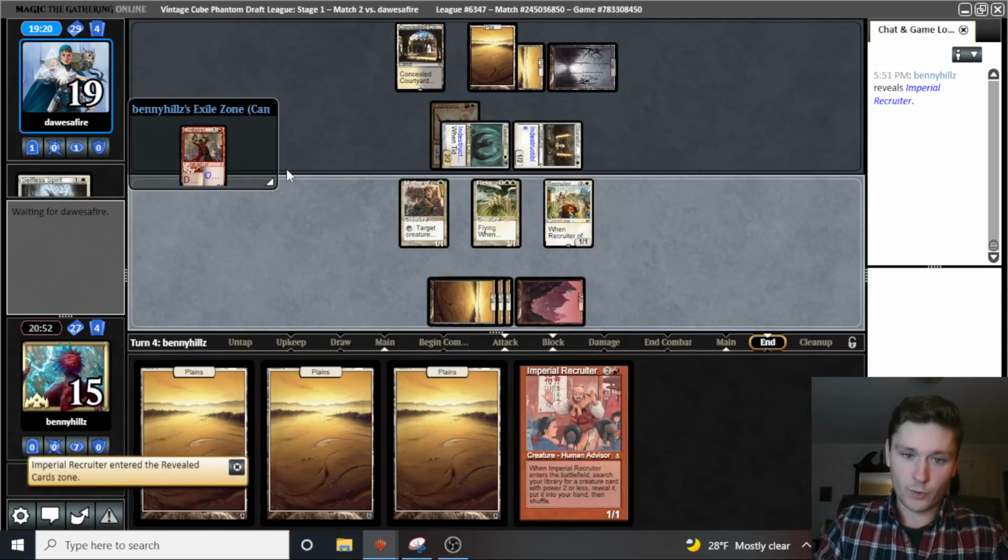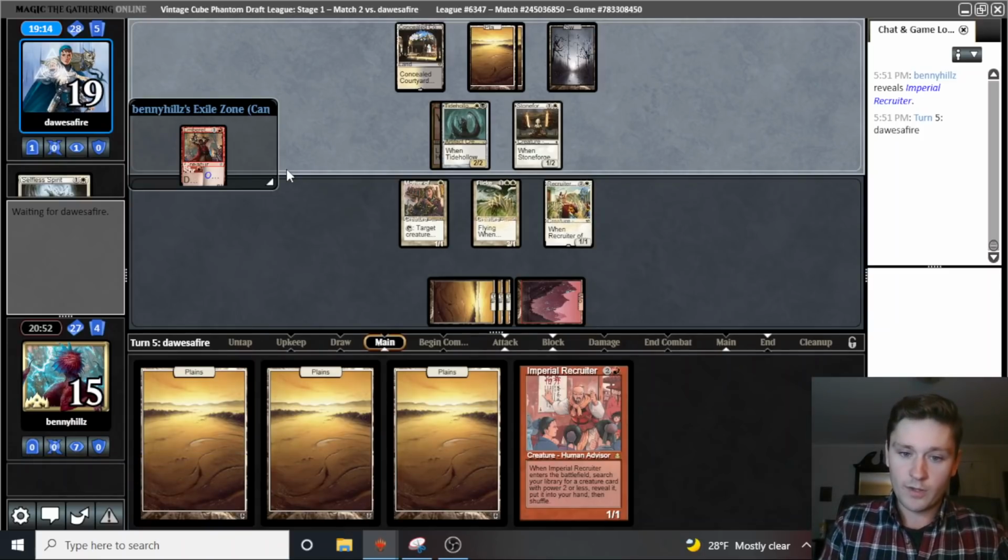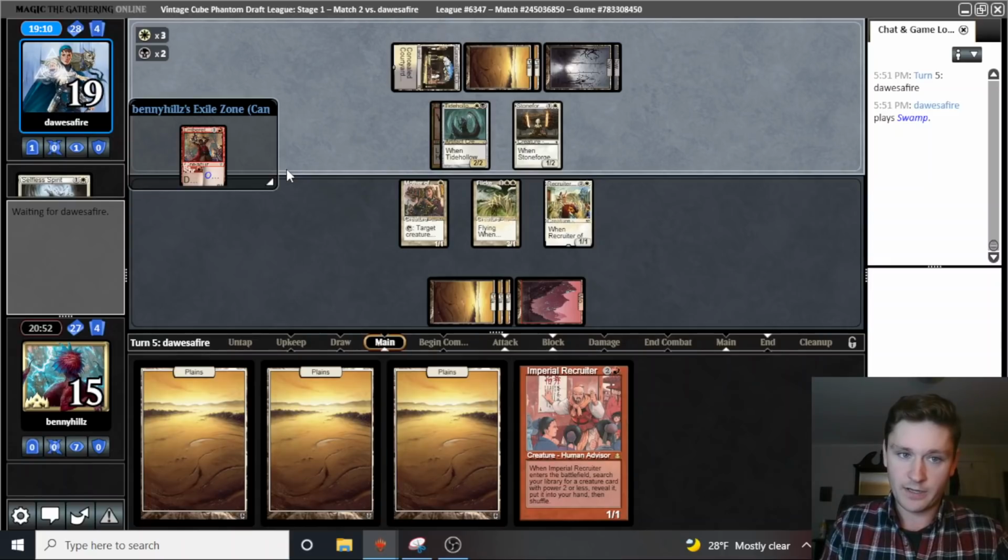We're just going to try and flood the board. We can also go Recruiter. Like, this sort of delays the decision somewhat. We can get, depending on what they do, Leonin Relic Warder with this, if they just hardcast Batterskull or something here. They also don't know that we have another...